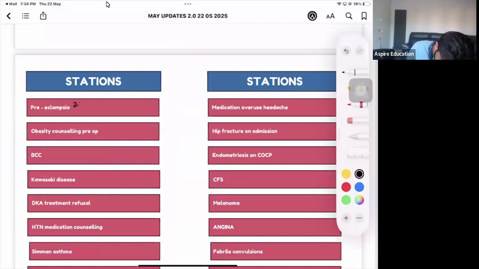So preeclampsia, 24 weeks. Yeah. Usually we have got two stations, guys, in the exam still now, where the patient is having preeclampsia, and sometimes she is 36 weeks, sometimes she is 38 weeks. Right. So the management used to be different, because at what gestational age do we deliver the baby in preeclampsia? So number one, if there is any harm to the mother or to the baby, we deliver the baby then and there. Otherwise, if everything is under control, we will complete 37 weeks and then we will deliver the baby.